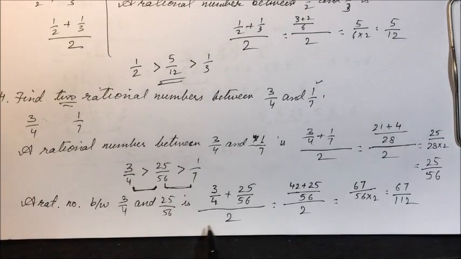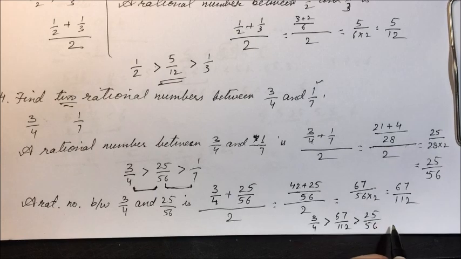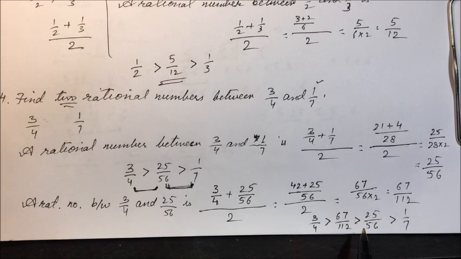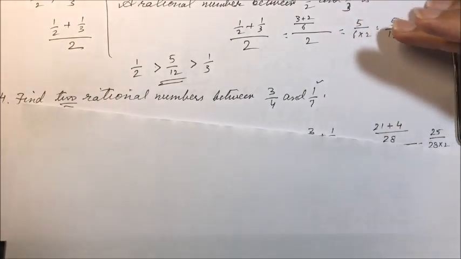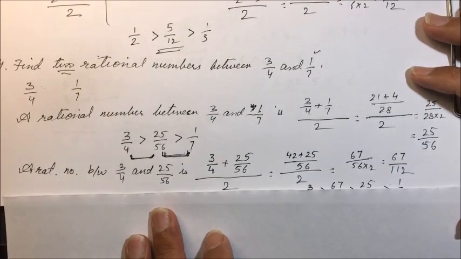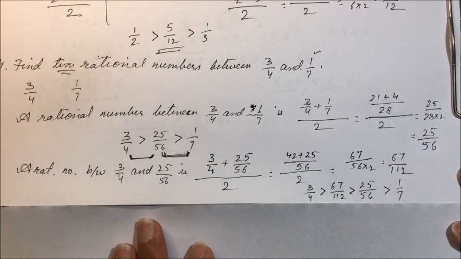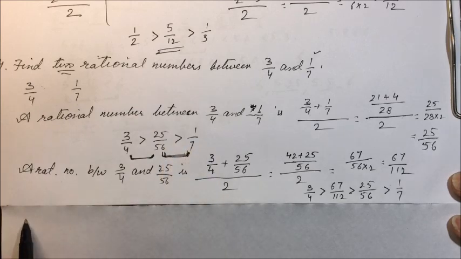So the answer will look like 3 by 4 greater than 67 upon 112 greater than 25 upon 56 greater than 1 by 7. These are the two rational numbers we have inserted. Or if you are inserting a rational number between them, between 25 by 56 and 1 by 7,